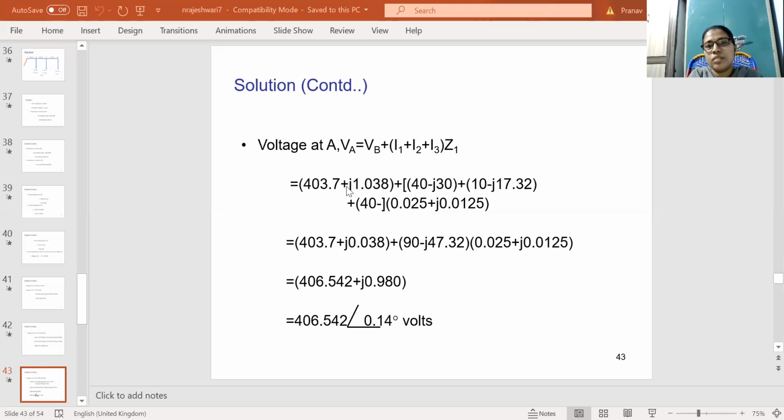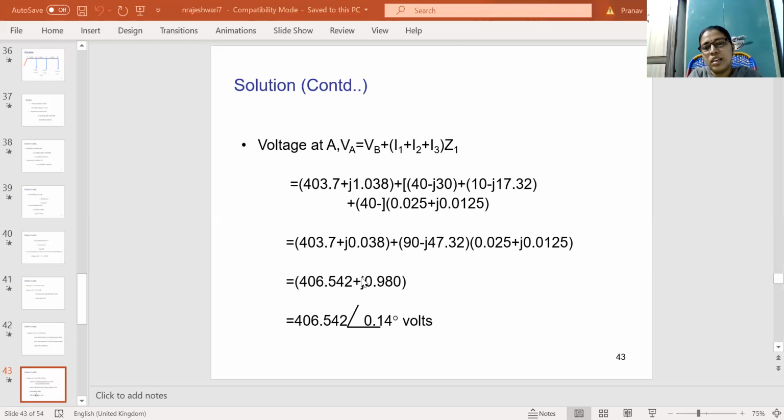So 403.7 plus j1.038 plus 40 minus j30 plus 10 minus j17.32 plus 40 minus j0, into 0.025 plus j0.0125. By simplifying this, 40 plus 10 is 50, plus 40 is 90, and minus 30 minus 17.32 is minus 47.32, and by multiplying and adding,